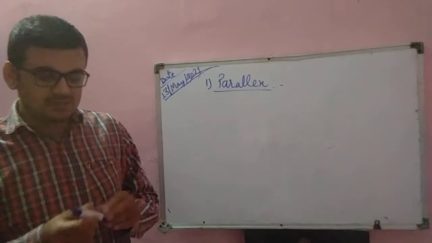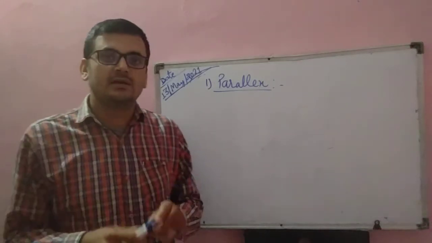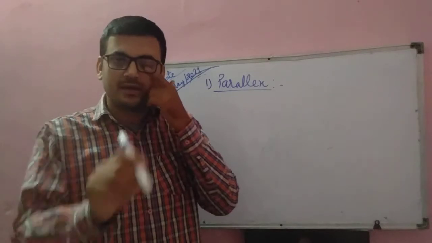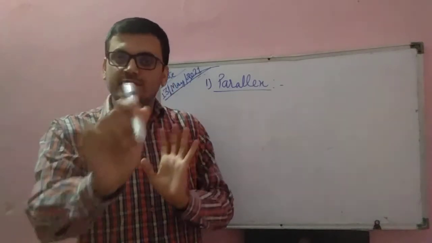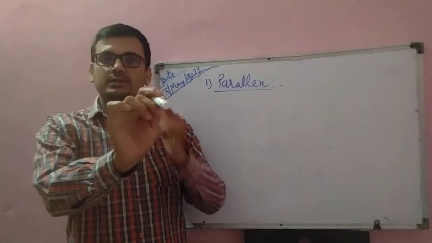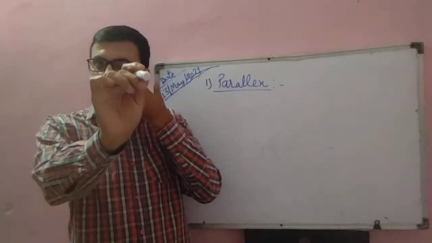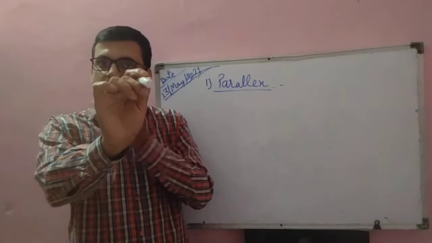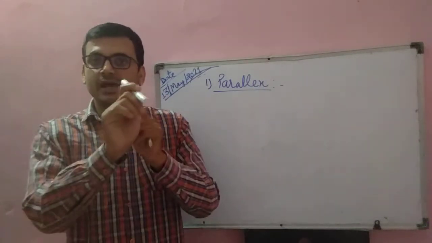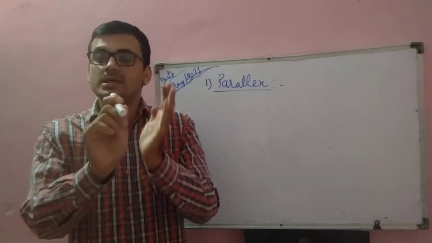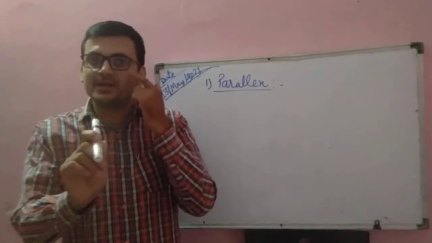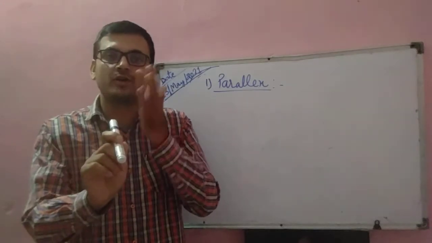Beta, parallax means, student, this is a pen. What you have to do is close one eye and look at this pen. First fix this pen in front of your face, and then close one eye, then open this eye and close the other eye. Have you noticed one thing? The position of this pen will change when we change our point of observation. These eyes are the point of observation.